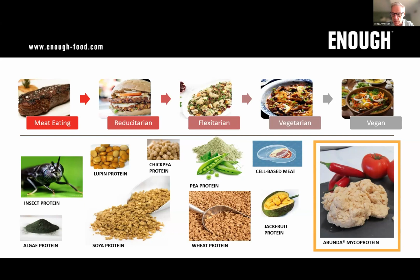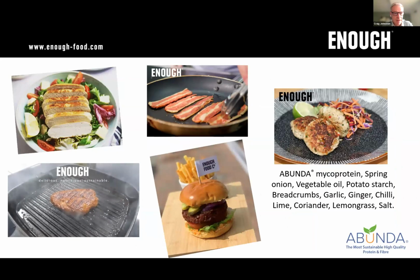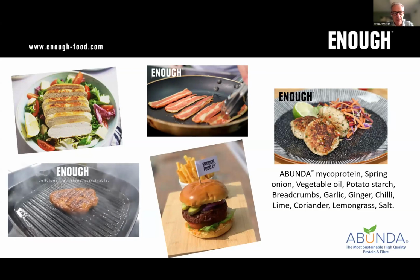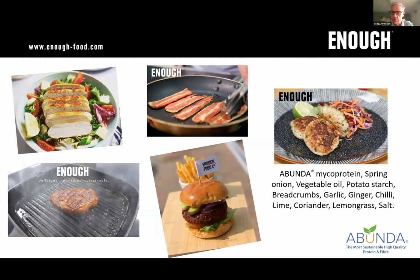So very much our product fits within a range of consumers, and we're even looking at some products that are a mixture of our product with meat, so hybrid products, but most of our products are vegan. So in terms of the types of products, these are some of the examples that we've made. Probably our flagship product is our chicken breast. So the structure lends itself very well towards that. Very good source of fiber and amino acids,